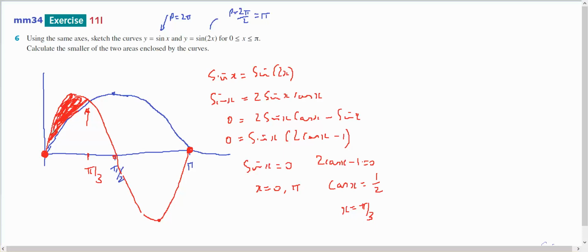So this region, which is this area, which is the area of the smaller, is going to equal the integral from 0 to pi on 3. Top curve is going to be sine of 2x minus bottom curve, which is sine of x, dx. And that's going to equal,